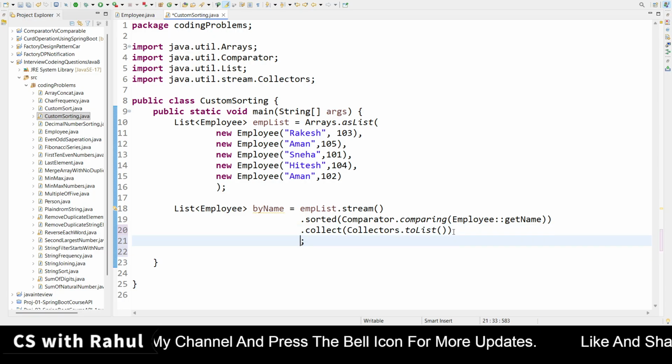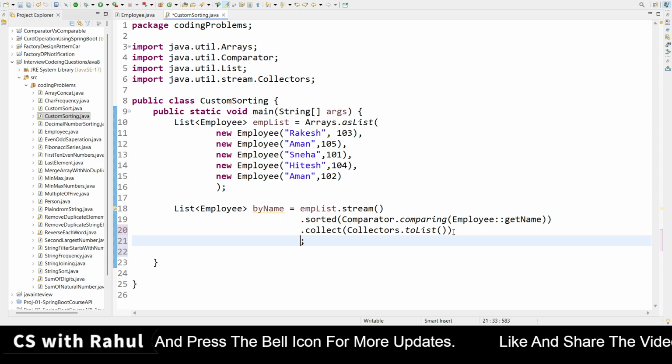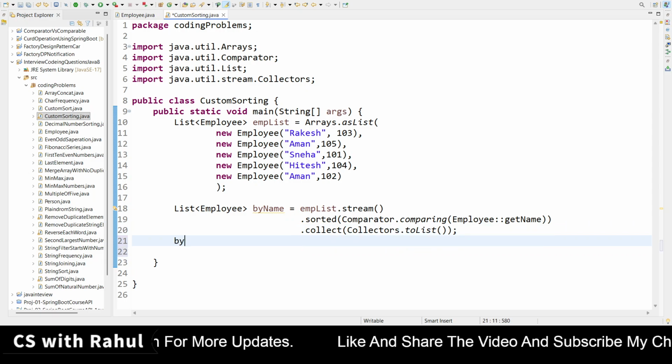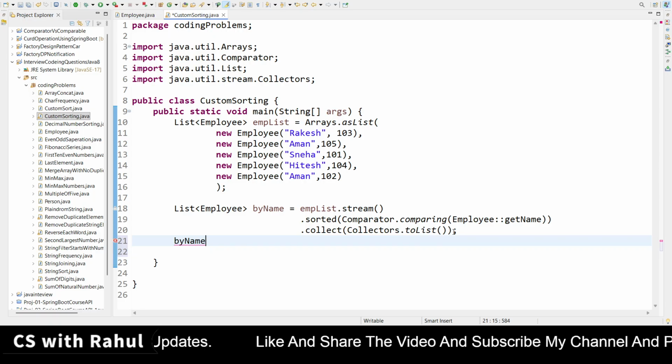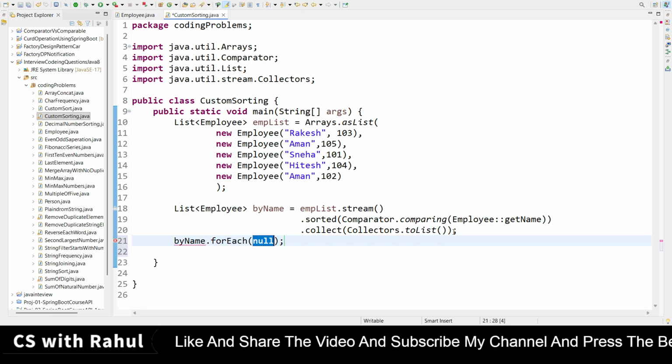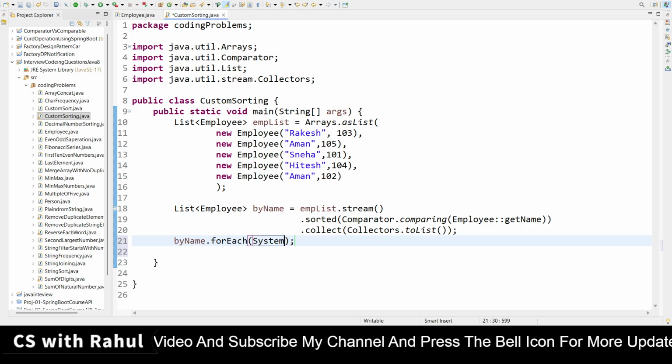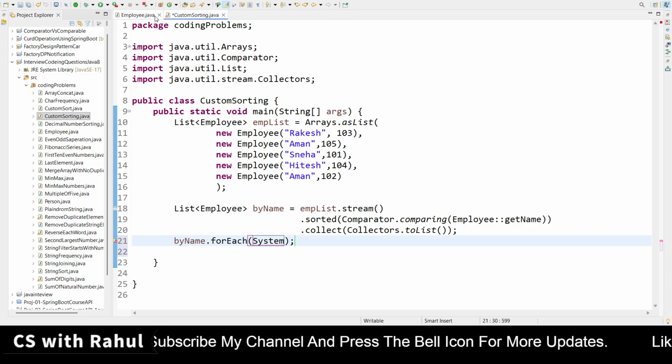By the forEach method I can print directly, or separately I can call it like byName.forEach, and here I can provide directly System.